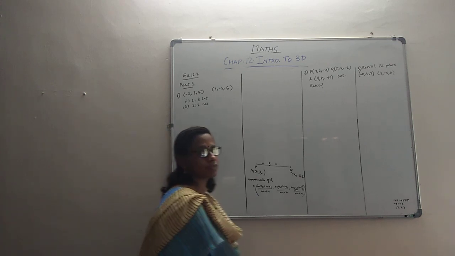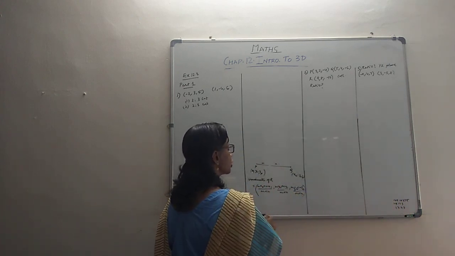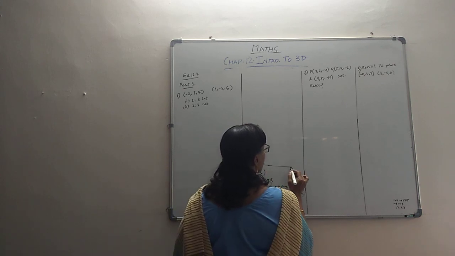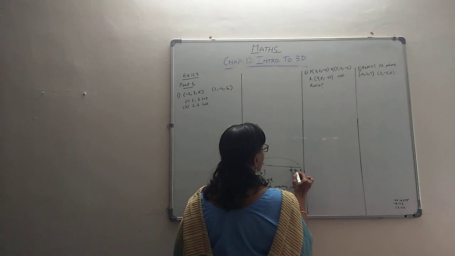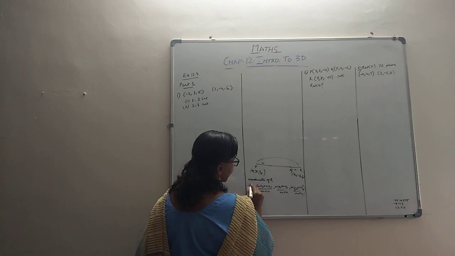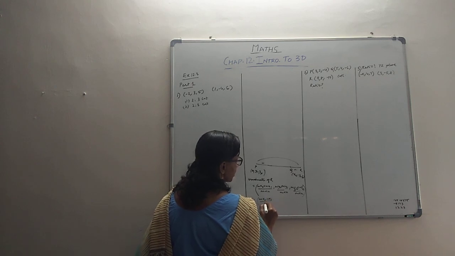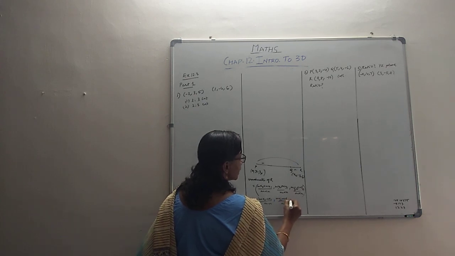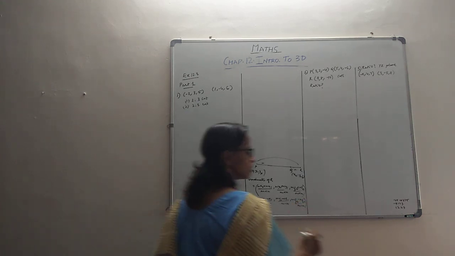Now we are also going to take cases of external division, where R will be a point outside, outside Q. Let's see how it is going to be figured out. You will have a point R outside, such that PR is of ratio m and QR is of ratio n. In that case the coordinates will be m x2 minus n x1 by m minus n, m y2 minus n y1 by m minus n, and m z2 minus n z1 by m minus n. So that's about this part.